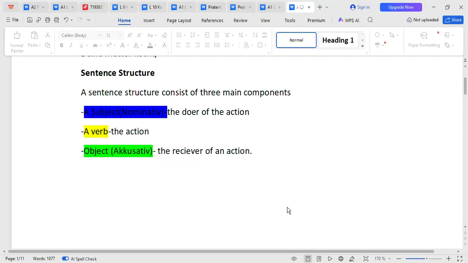Yes, that is good. So the next thing I want to teach you, which is also very important. Now you know how to conjugate. Can you communicate now? The next thing you want to do, having known how to conjugate, is to speak. For you to speak, you must have a sentence. That brings me to something called sentence structure.